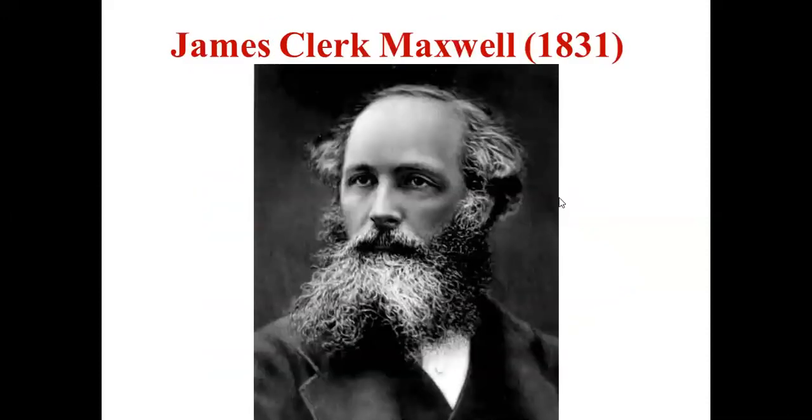Okay. And then came another scientist called James Clerk Maxwell, because according to Huygens theory, the explanation for the propagation of light in vacuum remained as it is, because Huygens said that there is a medium, ether, everywhere, and using ether, light travels. But unfortunately, that hypothetical assumption was disproved, because there was no base for it. There is no medium called ether. So the explanation of propagation of light in vacuum was not given by Christian Huygens. So next came James Clerk Maxwell. Maxwell said that light is an electromagnetic wave.